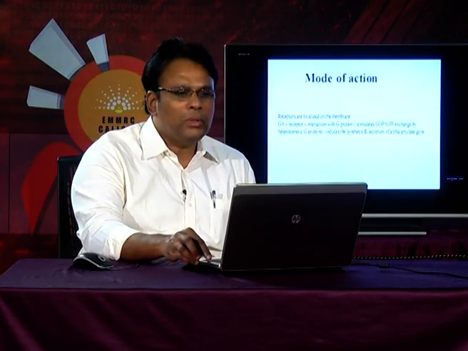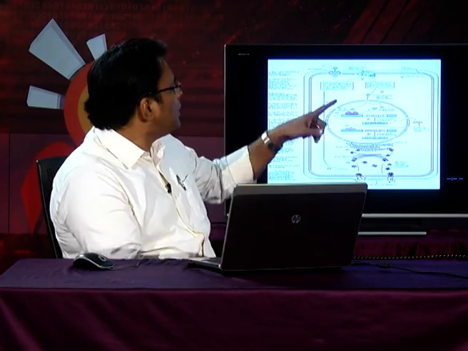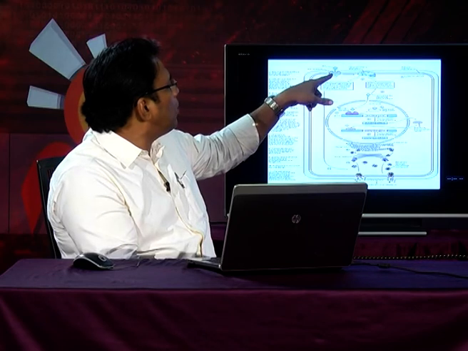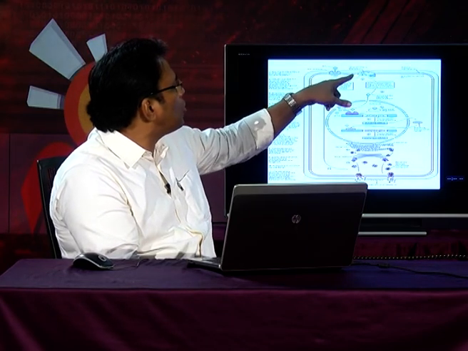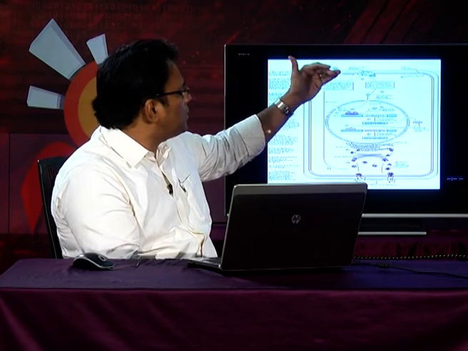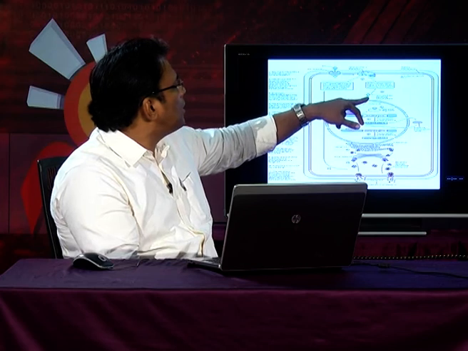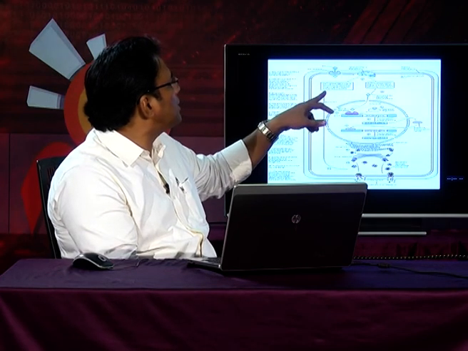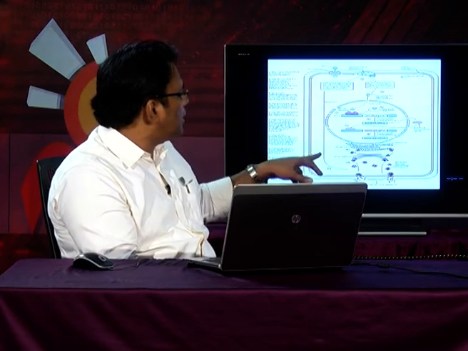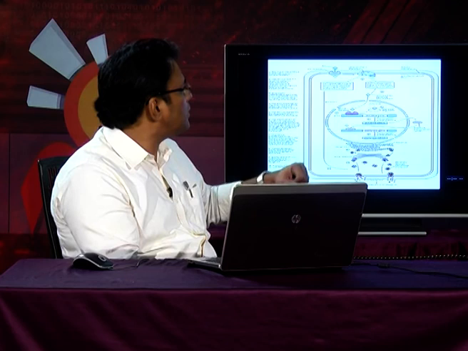You can see how that is taking place over here. I can explain to you directly from this figure. The GA comes and binds to the GA receptor, and on binding to the GA receptor, you can see the heteromeric G proteins are getting activated, which are the secondary signaling intermediates. The activation of G proteins will culminate in a calcium dependent signal transduction pathway involving calmodulin and protein kinase. And you can see that fresh synthesis of alpha amylase takes place.